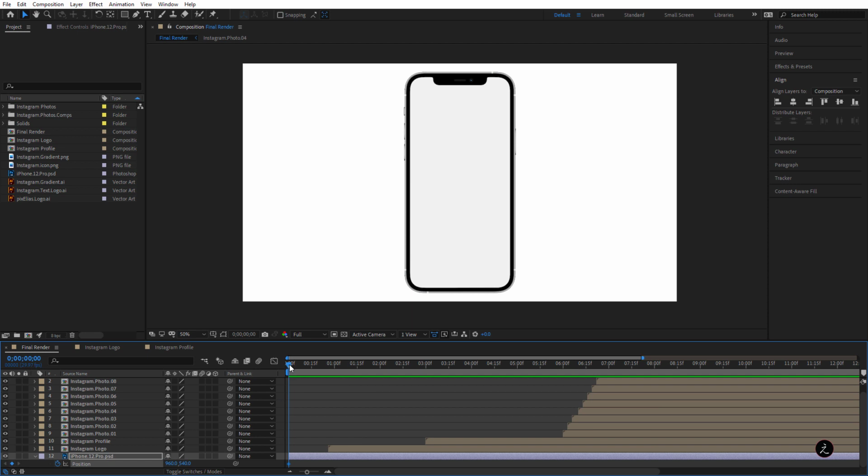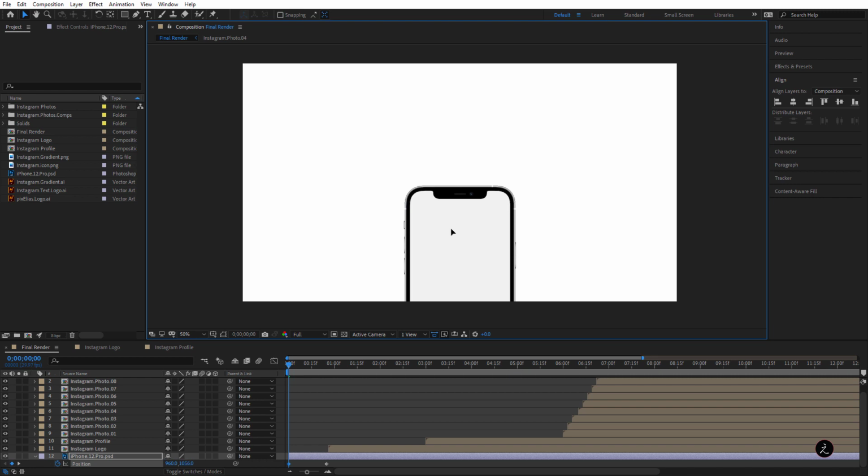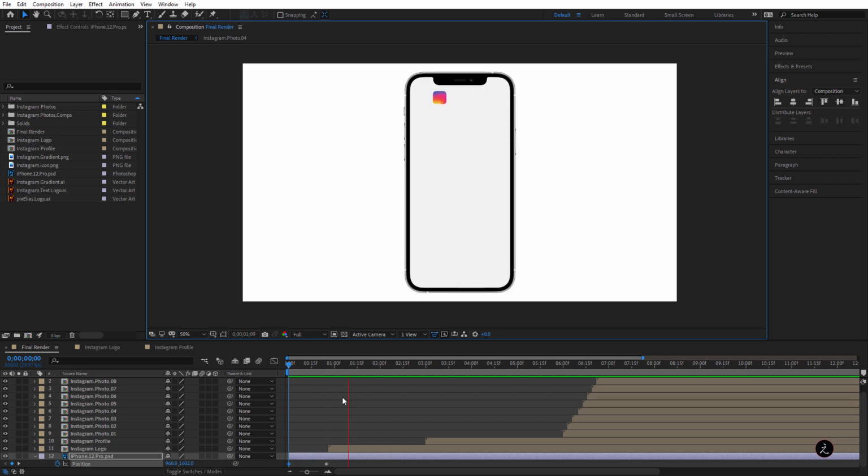I'm going to scrub the current time indicator a bit and set the next keyframe. I'm going to go back to the very beginning, and then I'm going to click and drag, and I'm going to hold down the shift key as I do. And I'm going to bring this outside the canvas of the composition. Let's go ahead and press the spacebar for the RAM preview, and here's the motion. Okay, not sure if I like this yet, but right now, as you can see, we have a linear animation,